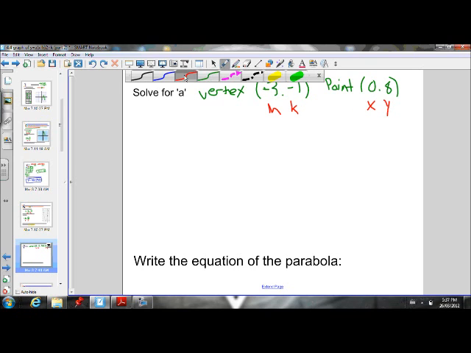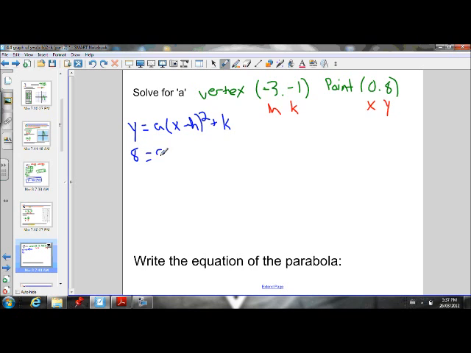So let's sub all of those into the vertex form. Vertex form y = a(x - h)² + k. We should have that memorized by now. We've written it 1,000 times. Okay, so y is 8, so we just replace y with 8. We don't know a, that's what we're solving for. Our x value is 0. Our h value is -3, so we're going to subtract -3. And our k value is -1. If we simplify that,